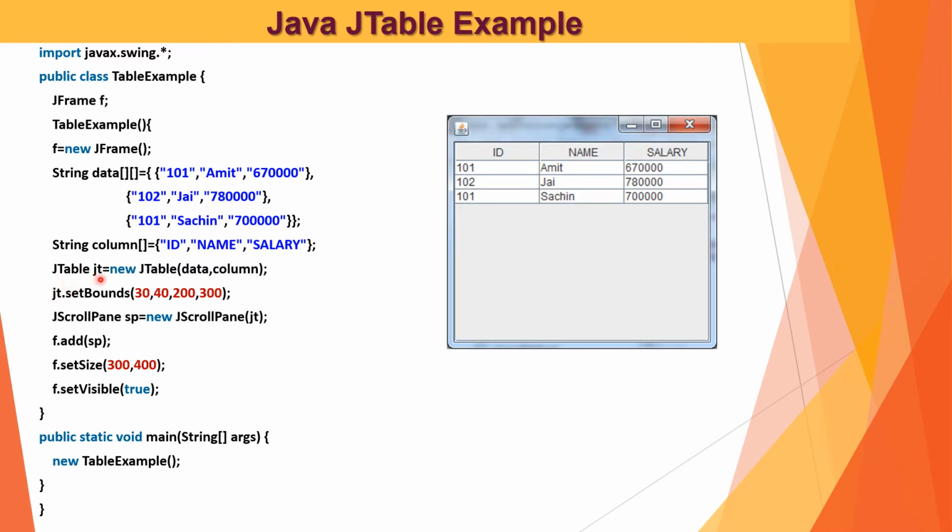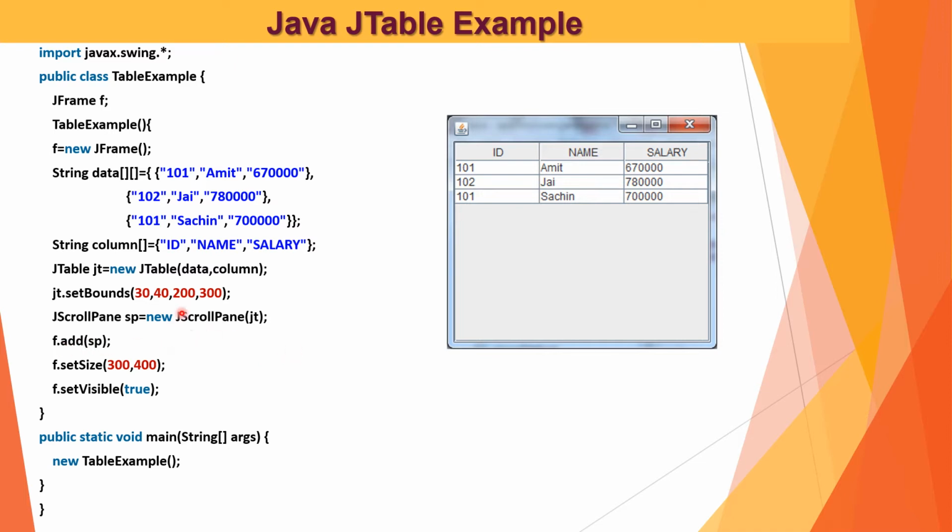Now JTable jt is an object created with the JTable data and column, and the new object is created with the table. We have to bound this table in some coordinates like 30, 40, 200 and 300, that is setBounds. And now the JScrollPane will give scrolling between these rows and columns.